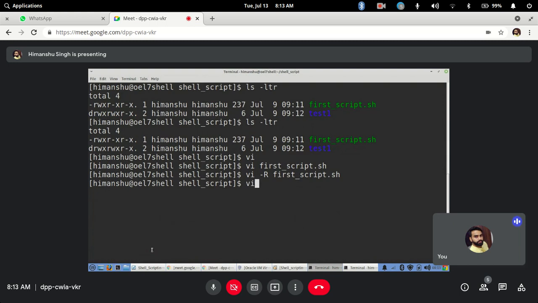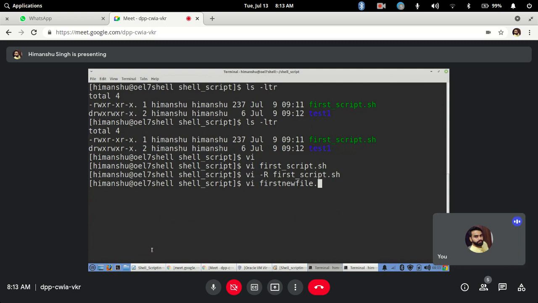Let me create a new file where we will see how VI works. First new file. As I told earlier also, no extension is required. An extension doesn't determine what your file is in Linux. It's just for our own benefit. It doesn't matter how that particular file is named. So if I do first new file.txt, that will also work. If I do .sh, that will also work. .log, that will also work. Anything you can mention, but it will be based on what type of file you are creating.